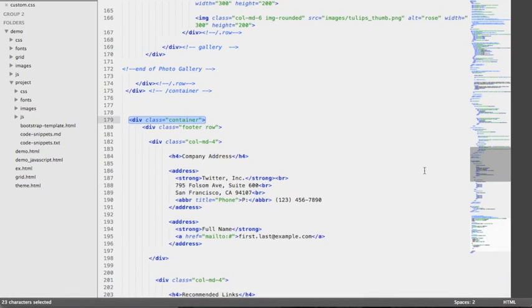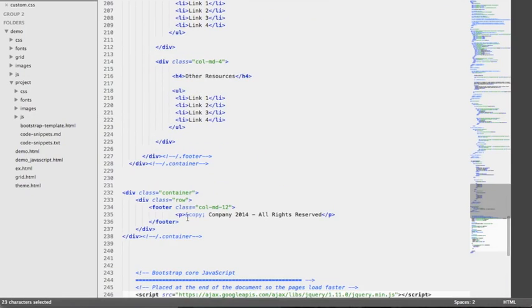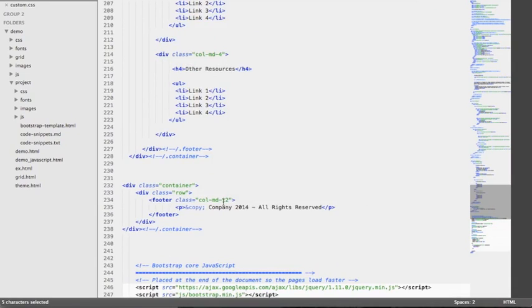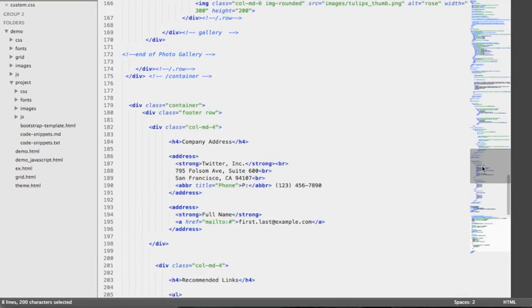So here we have our div container, and this is where it's ending. This div container includes another div with the class of footer. I'm not using the footer element because it's already used on the website. If we check all the way to the bottom, we already have a footer that wraps the website credits, which is itself wrapped inside a container. So let's go back to the div with the class of footer,